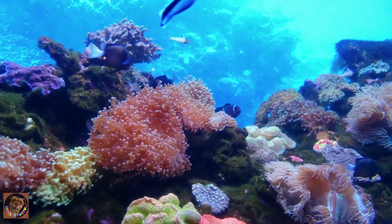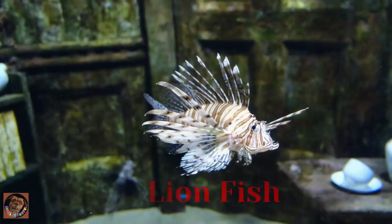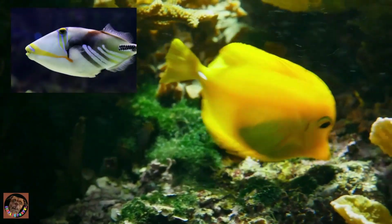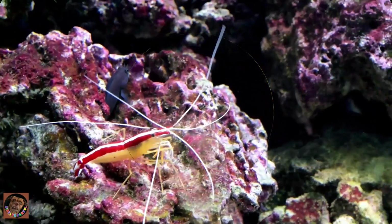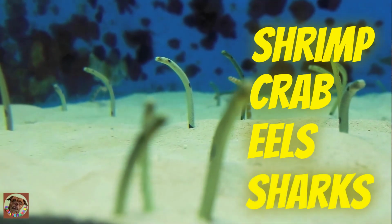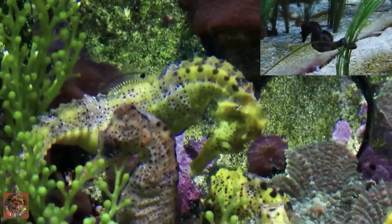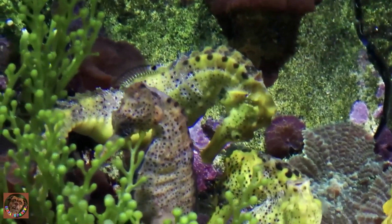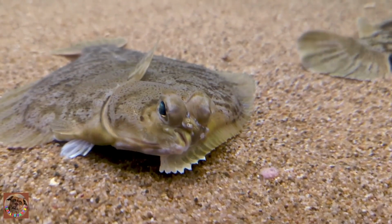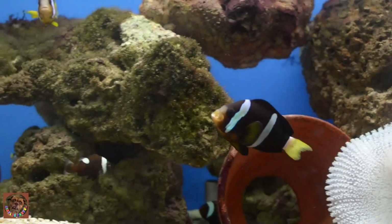And in saltwater, the advantages are the fish are much more pretty. They come in more colors, more varieties, more beautiful colors, just all different types of things. You have a variety of sea creatures, not just fish. You have shrimp, you have crab, you have eels, you have sharks, you have octopus, right? You have all these different creatures, seahorses, anemones, clownfish. I could keep going, right? Flounder, so many different types of organisms and sea creatures that you have in a saltwater tank, which is pretty